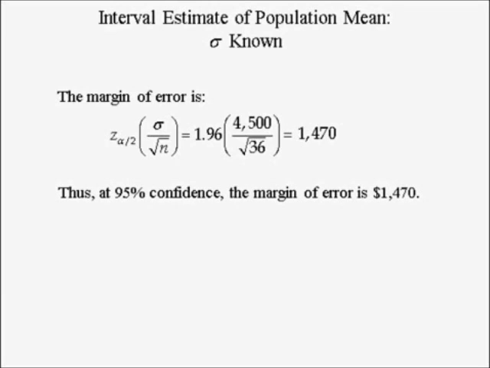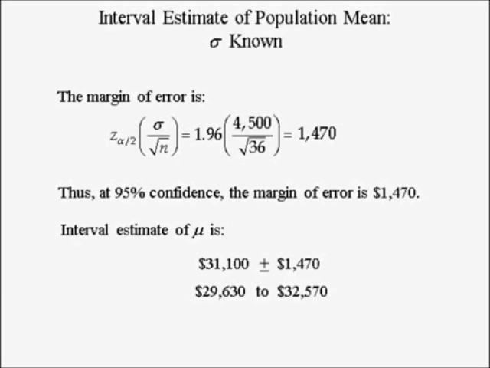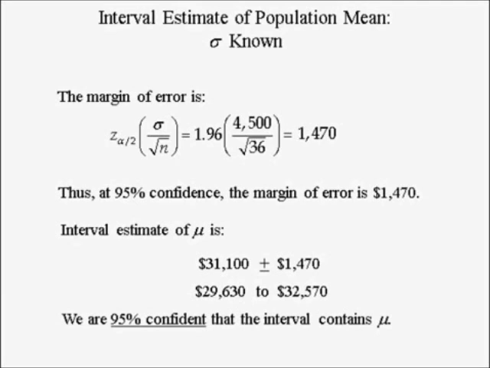And so the interval estimate of the population mean mu equals the sample mean of 31,100 plus or minus the margin of error of 1470, which corresponds to a lower endpoint of 29,630 and an upper endpoint of 32,570. We are 95% confident that this interval estimate contains the population mean mu because if we randomly